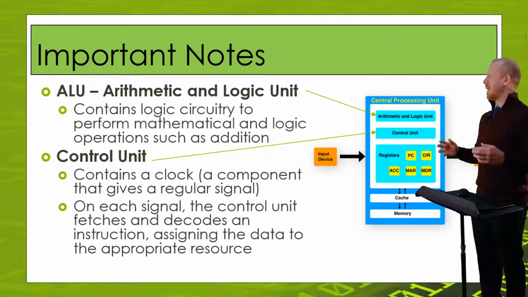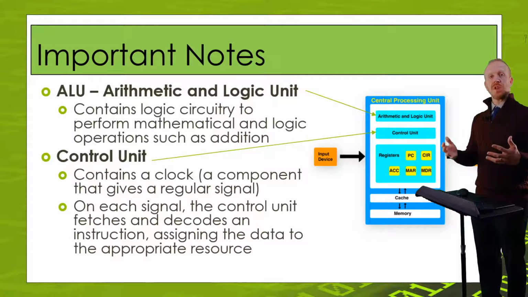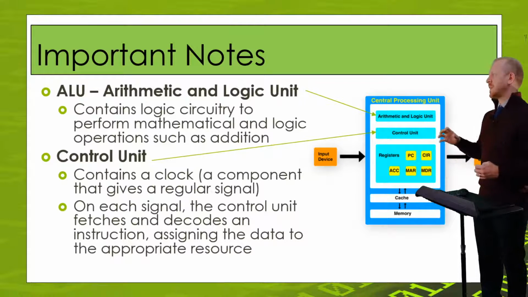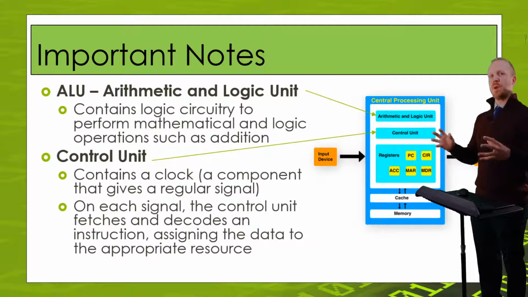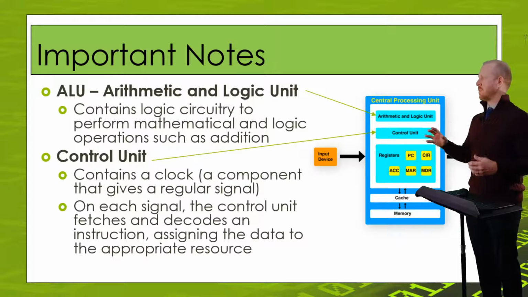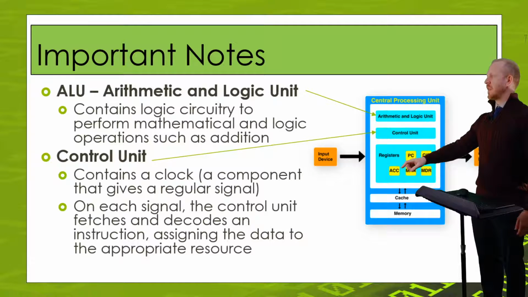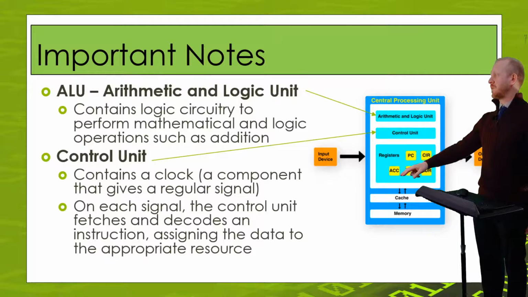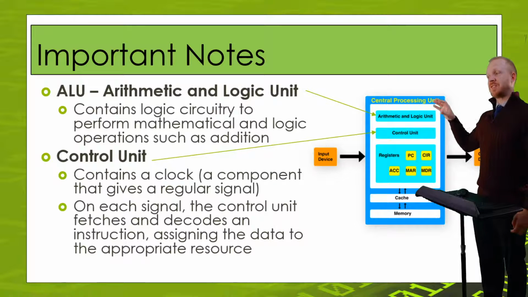But let's say we are adding stuff together. So we've got 2 numbers. What it can't do is just take 2 numbers and work with them simultaneously. It can only have one working value. So what happens is the first number goes into the accumulator. So let's say I'm adding 5 and 3. 5 gets put into the accumulator, and then it fetches the next value, so that's the 3, and then it